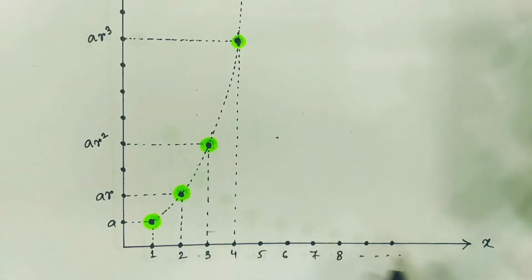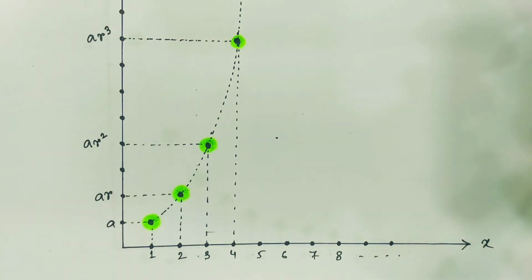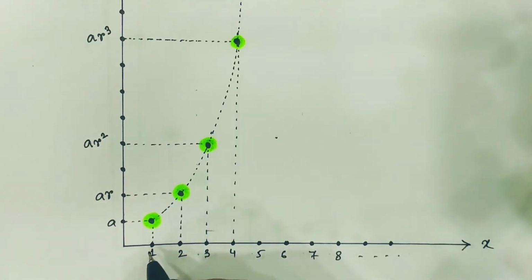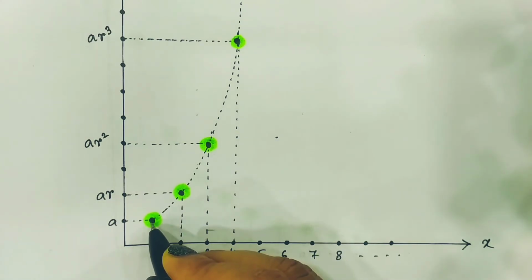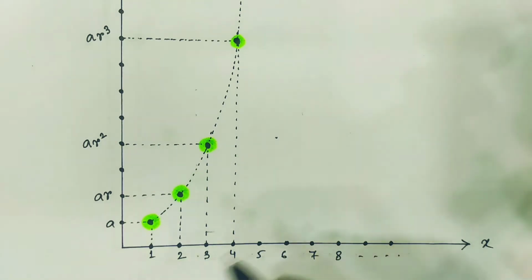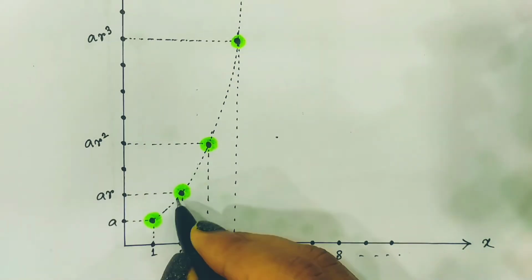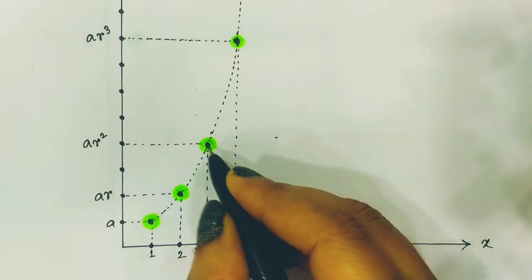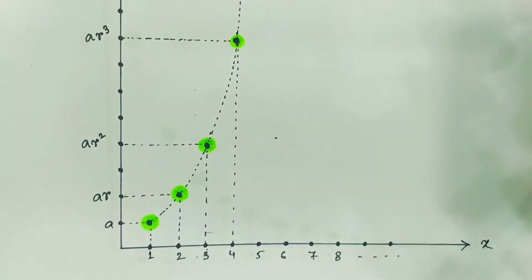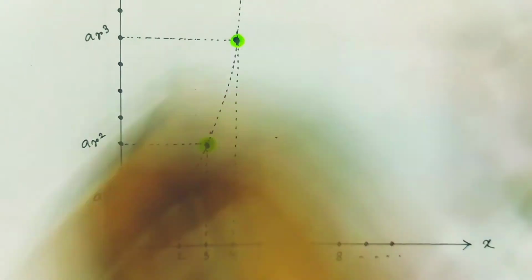So here, corresponding to the x-axis, if we plot n values, and corresponding to the y-axis, if we plot the corresponding Tn, that is, the terms, then we will find that corresponding to the first n value, or one value, we will have the initial value a. If it is 2, that means n value increases to 2, then its value is AR. If it is 3, then it is AR square. If it is 4, then it is AR cube. So this one is your exponential function and it will move like this.